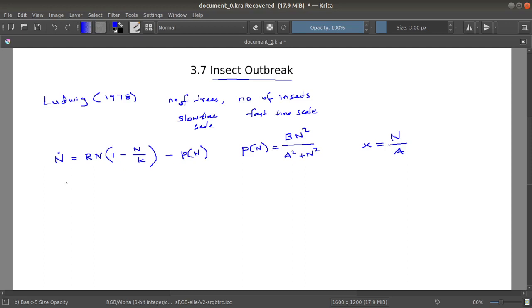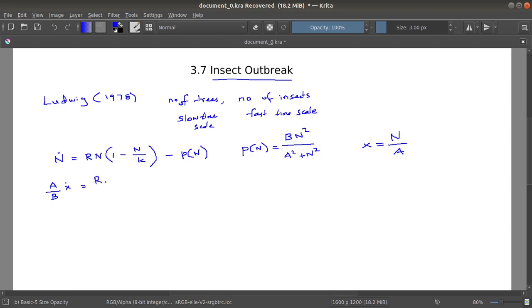In that case I will get it in the following form. I will also do one thing. I will also divide this whole thing by b. So let me divide this whole thing by b. So what will I get? A by b, and instead of n dot I could put A x dot, right? And I have divided this whole equation by b, so this is what I will get, which is equal to